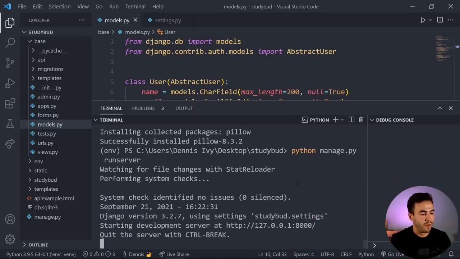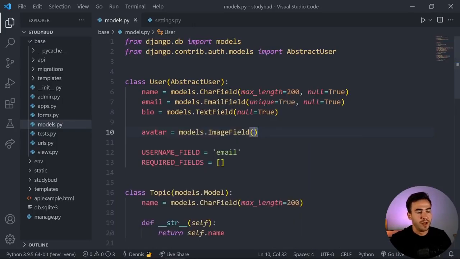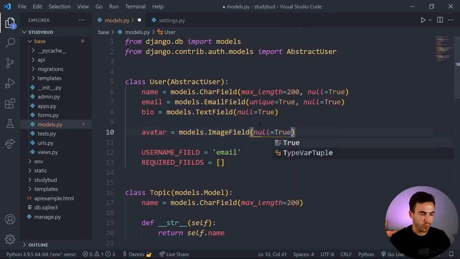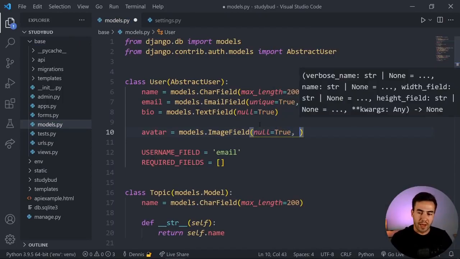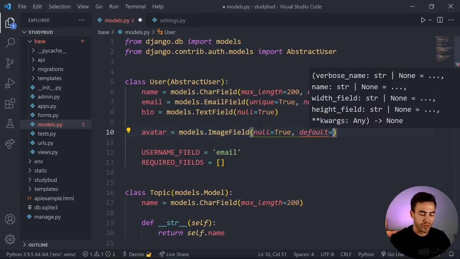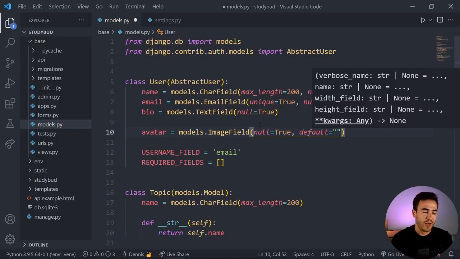So I haven't run the migrations yet. So we want to finish up the actual attribute here. And what I want to do next is set the null value to true. So we already have a user here, so I don't want to have any conflicts in the database. And we can actually set the default image. So let's say a user registers. We don't want to have to force them to upload a picture right away. They might not have one ready right away. So let's just set a default picture with some kind of avatar picture,